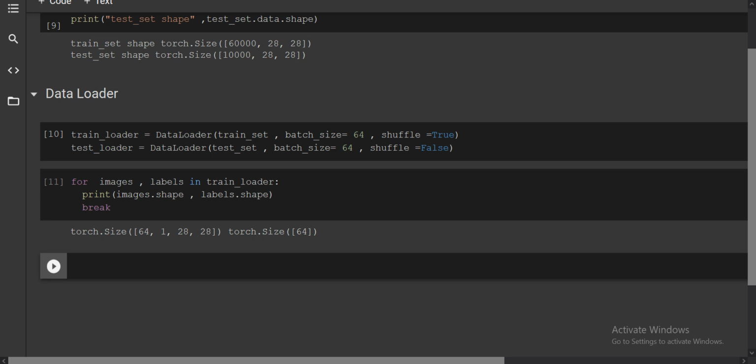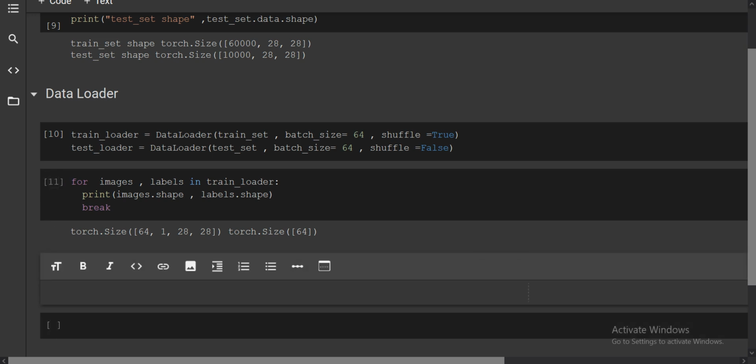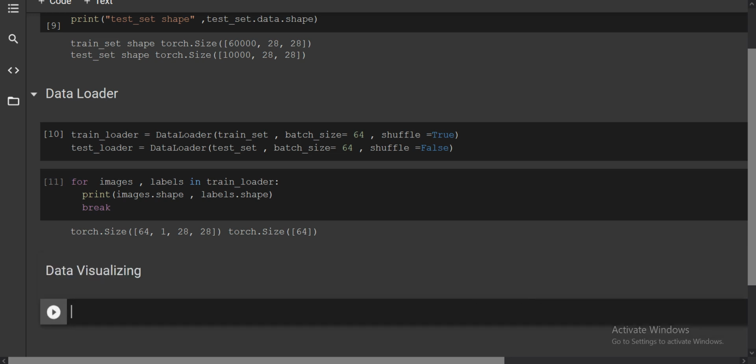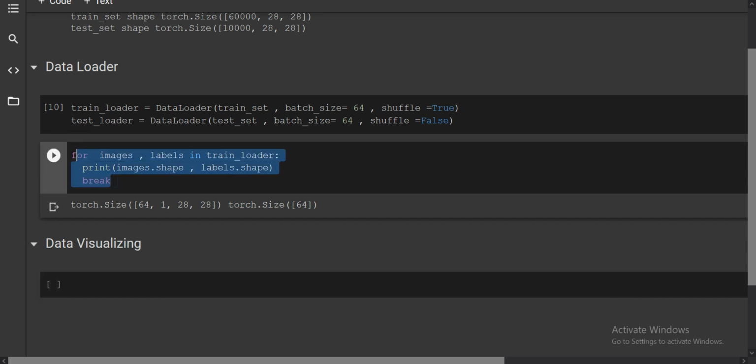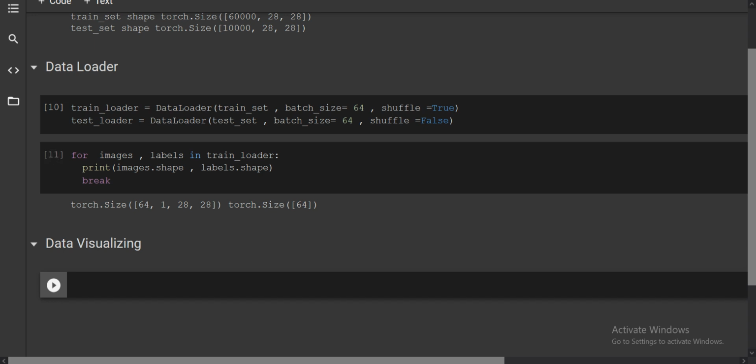Now we will see how our data set looks, so we will do the data visualizing part now. Here you can also use iter. We used the for loop before, and this is a Python concept.